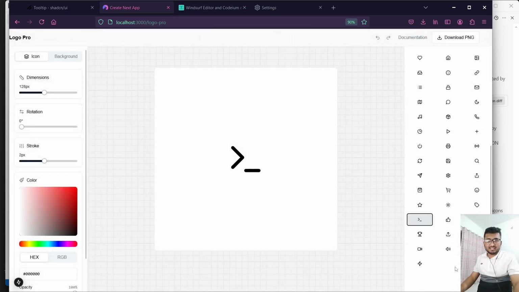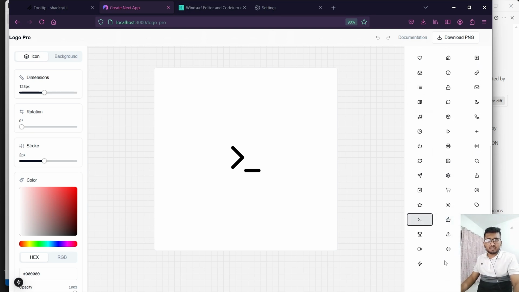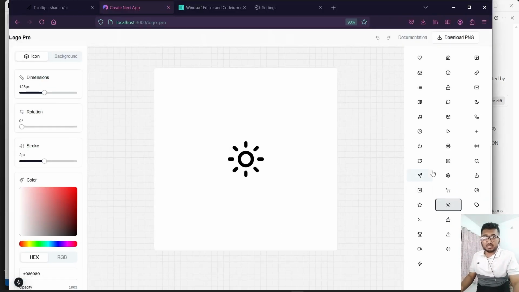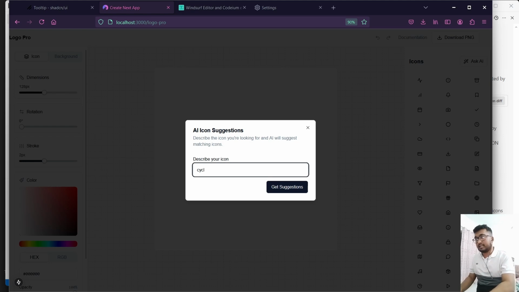And I think this icon is coming from here or not. I don't know. Okay, let's just refresh it. Yes. Okay, what it is doing is it is searching icon from here, but I don't need it from here. I need to generate it manually. Like if I say cycle icon,